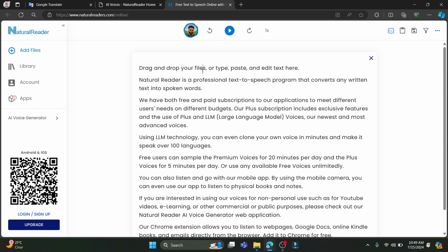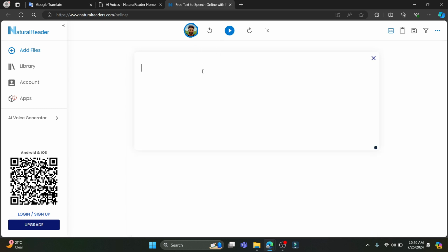And now you can drop your files over here. So you can paste something like hello everybody, how you doing? Or how are you? So you can change the voice anytime you want. After you've written this, you can just go ahead and click on play. And after you click play, the voice will be read and the accent will be changed according to the voice